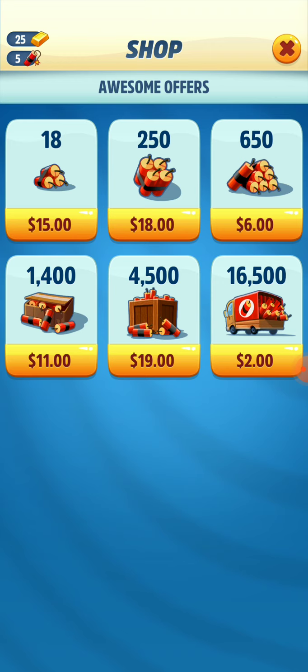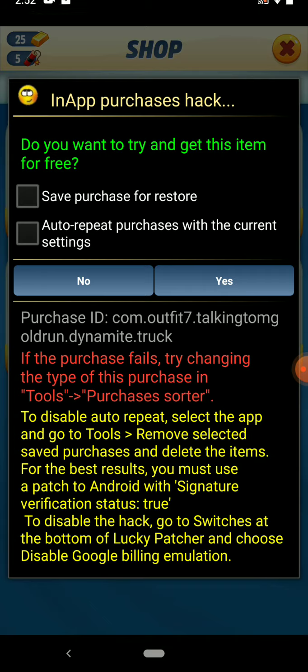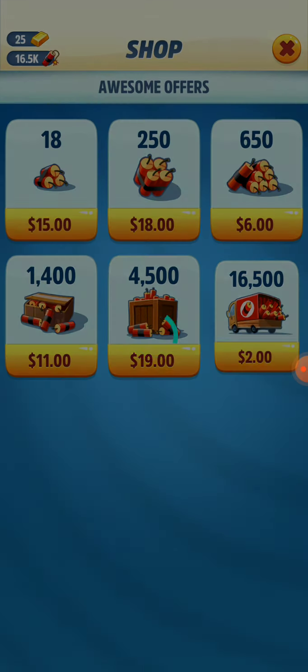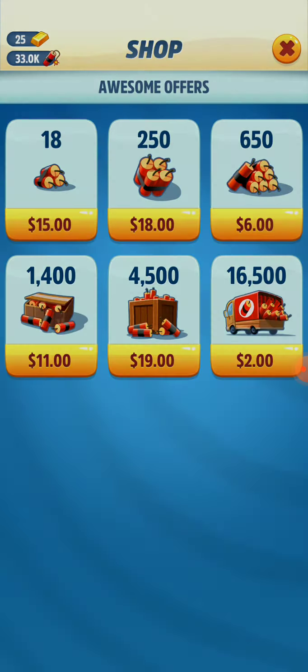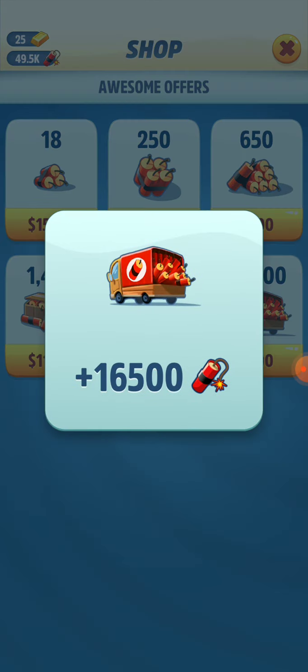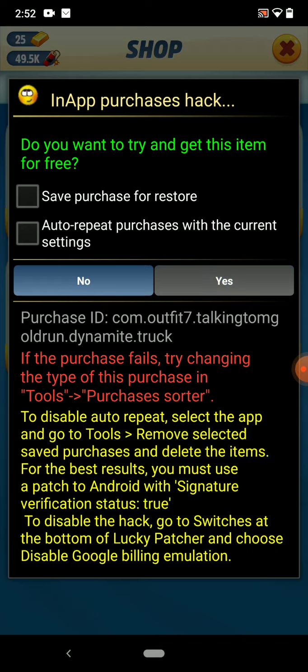How much do you want? If you click this 16,500 and click it, you will get like this. If you click S, you can see like that.